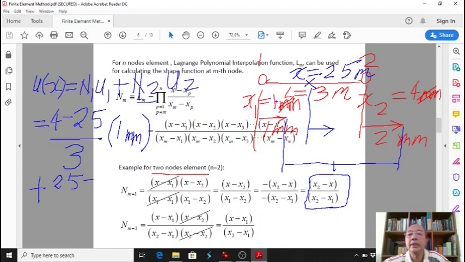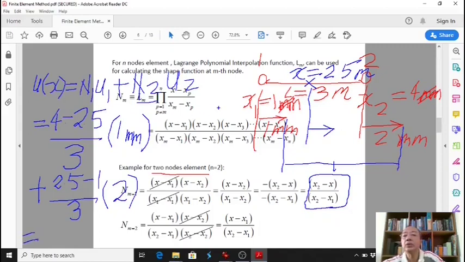So x1 is equal to 1 per x2 minus x1 is 3. 4 minus 1 is 3. Multiply to u2. So u2 here is, we assume 2 just now. Okay, so we found this is u